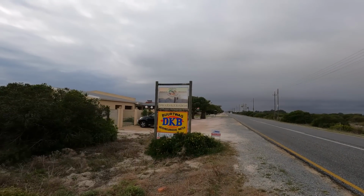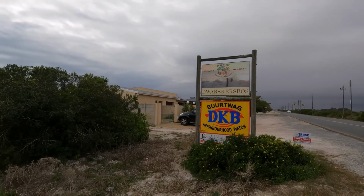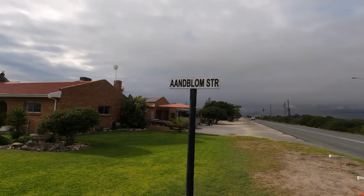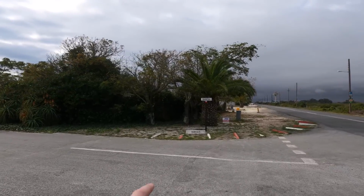Welkom in Dwarskersbos. Welcome to Dwarskersbos. Let's go and explore. Many of the streets are named after flowers. So you've got Aunt Blom. And here's the very next street, and it's called Banksia